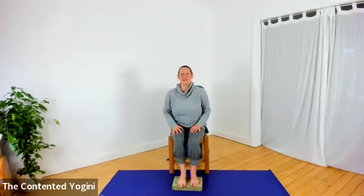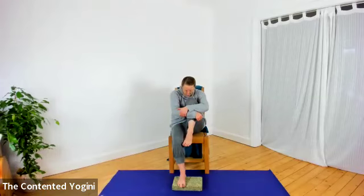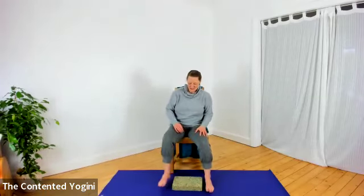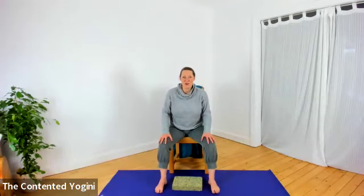And releasing on that side, same thing on the other side, around the shin, the knee, or the back of the thigh. Just curling yourself up like a little mouse. And then gently releasing. Going to take the feet quite wide. Make sure you've got lots of the upper thighs and buttocks on the seat,